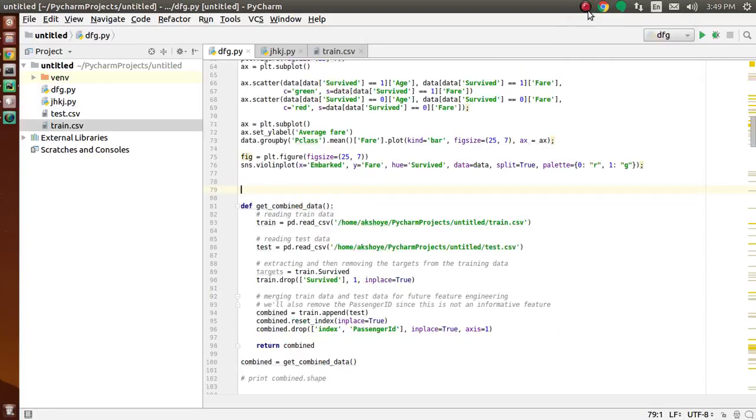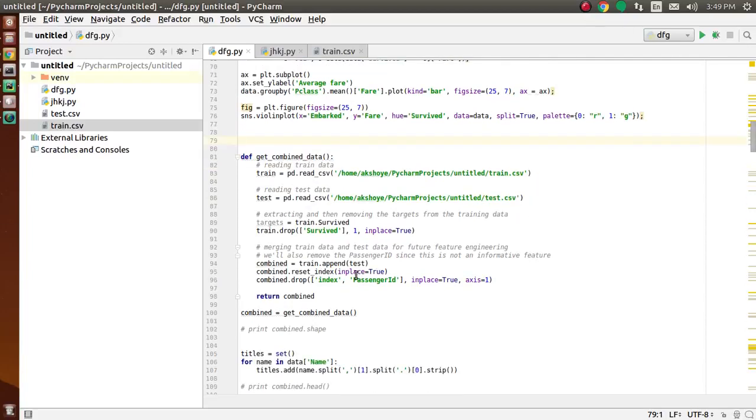One trick when starting a machine learning problem is to append the training set to the test set. We will engineer new features using the train set to prevent information leakage, then we will add these variables to the test set. So let's load the train and test set and append them together.